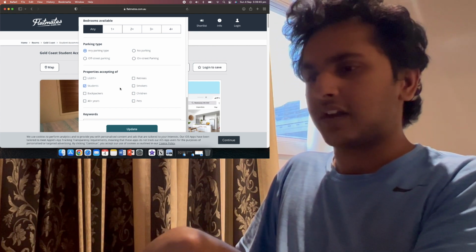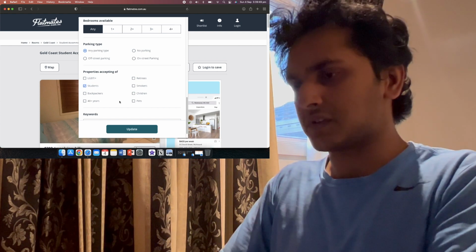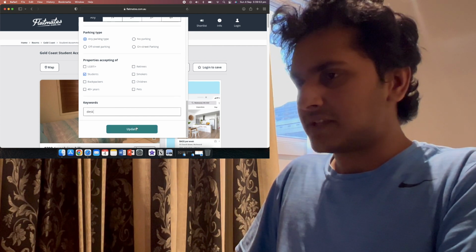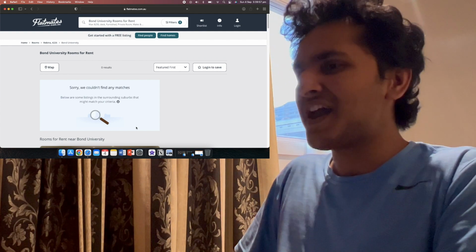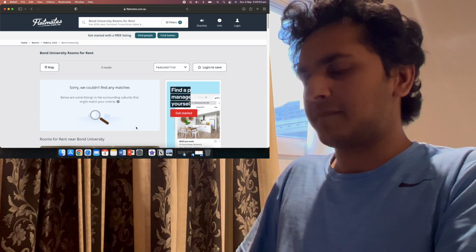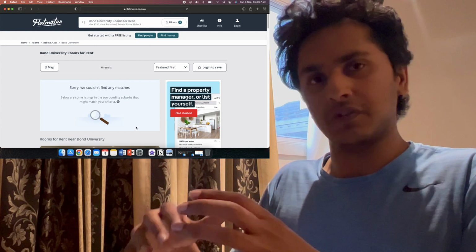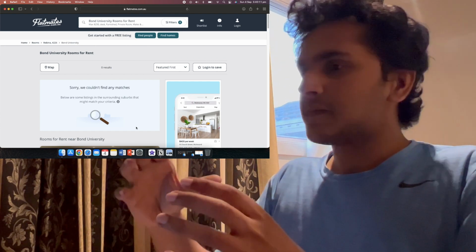And other keywords you can use if you have other requirements. For me it was a desk because I study. You click update and then, ta-da, there's nothing in the filters that I've checked. So the thing is, you go through these websites and you do this sort of thing, and when you do this,